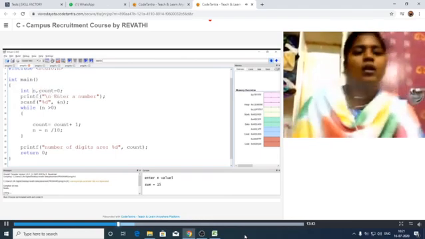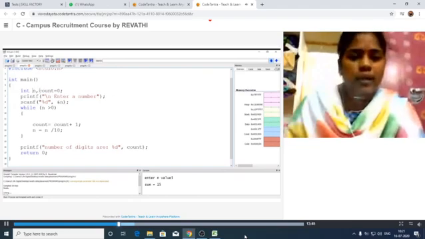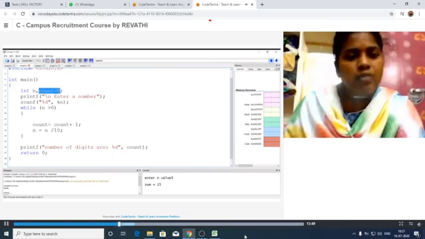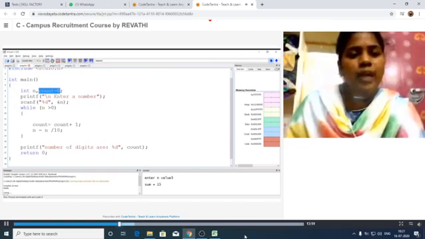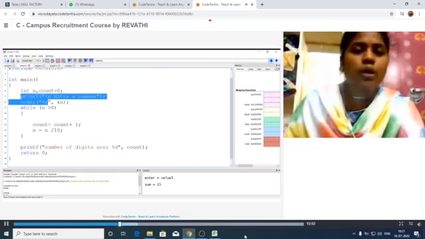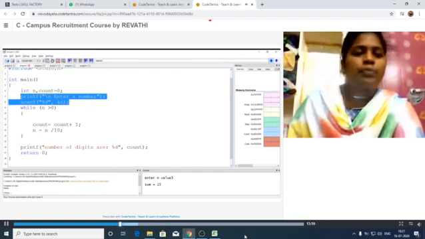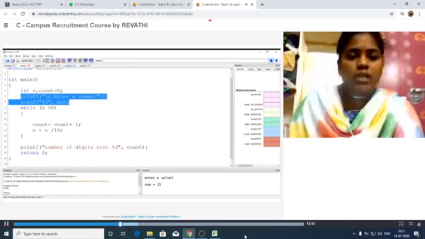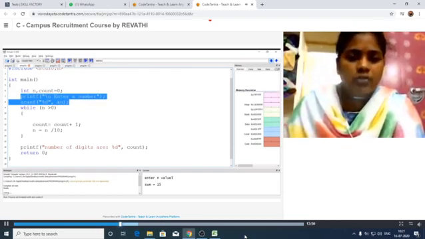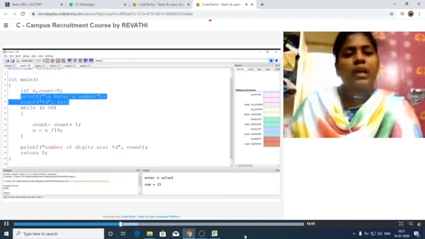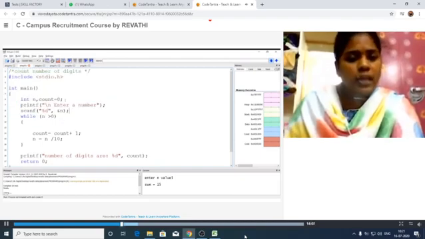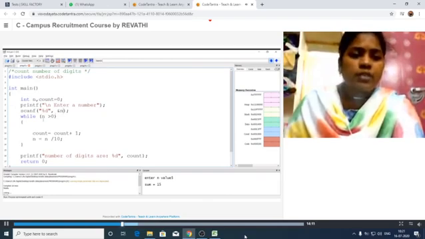Next, for the result, initially we are taking the count. So initially we have assigned count equal to 0. Next, read the values from the keyboard. That's why we are writing the printf and scanf statements. So printf, enter a number, and scanf is reading only one value, that is the n value. So percentage d, ampersand n. In place of that, it will read the value from the keyboard and then it checks the condition.